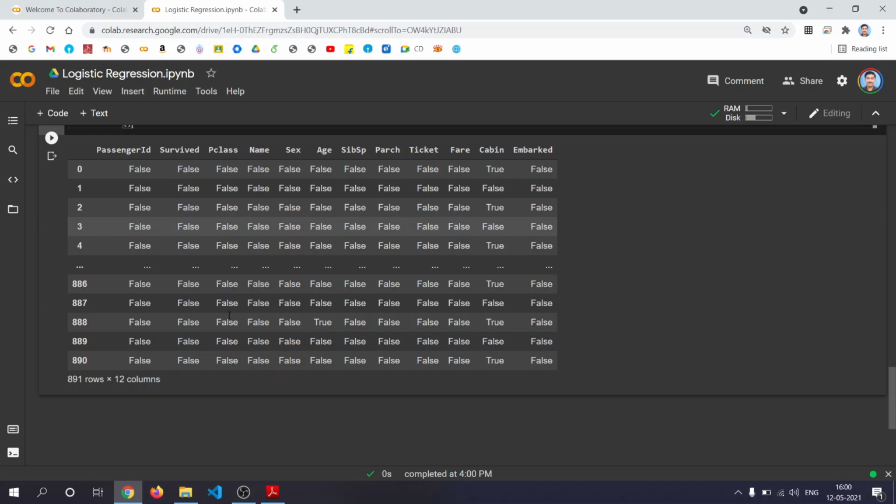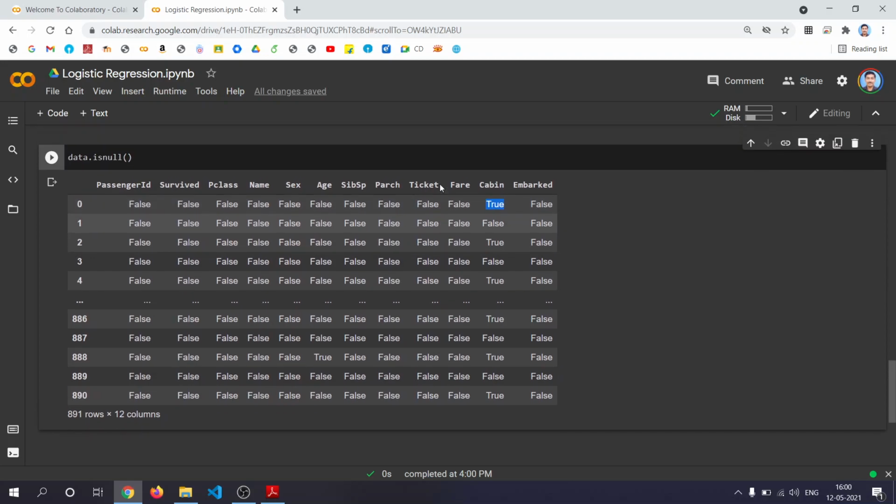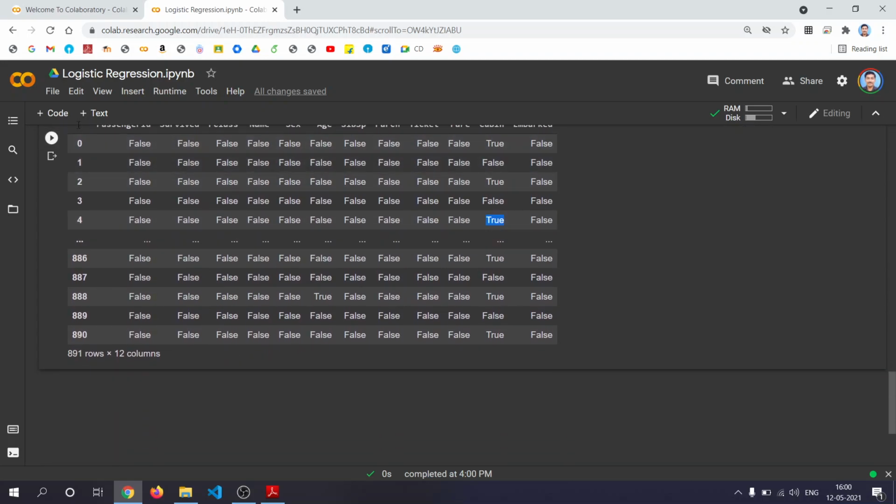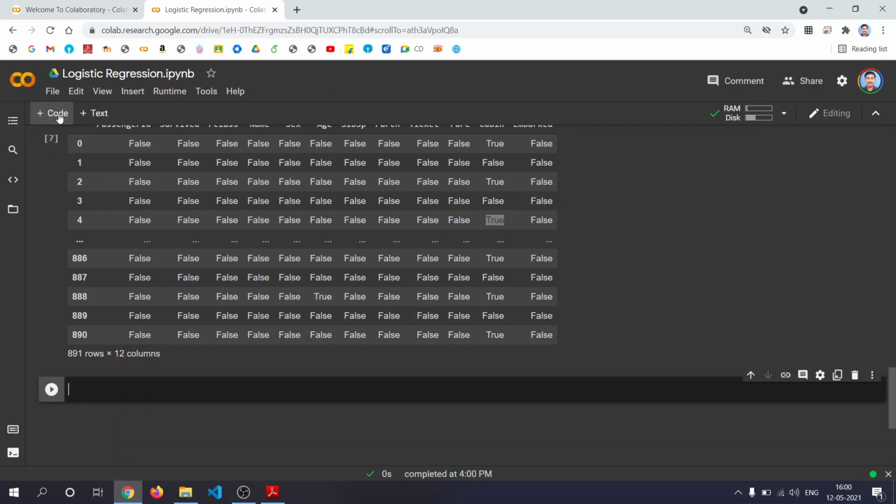See, this table contains all false, which means this is not null: false, false, false, etc. Here you can see this is missing data, or this field is null. That is the meaning of it. Now you can take a summary of that: data dot is null, summary.